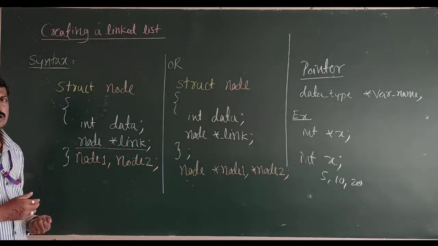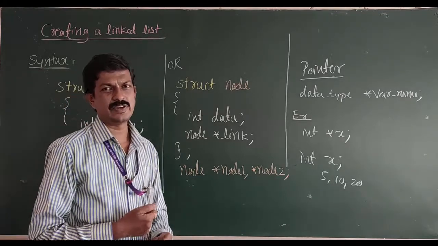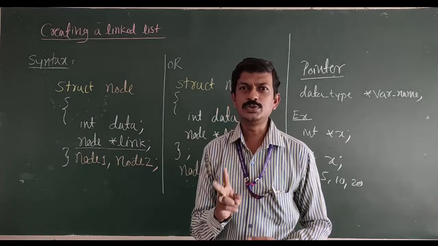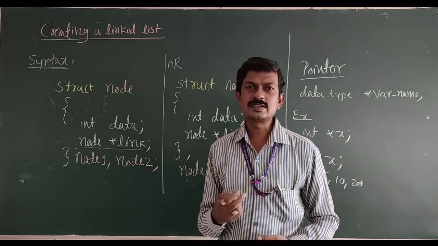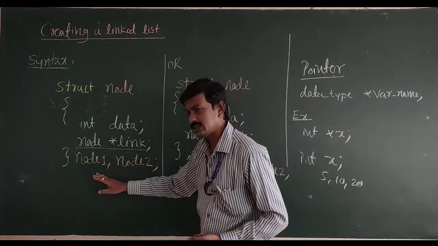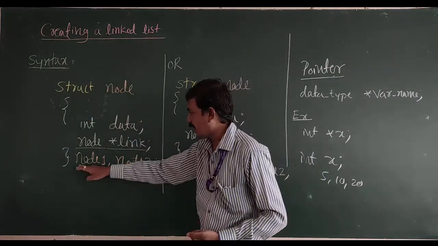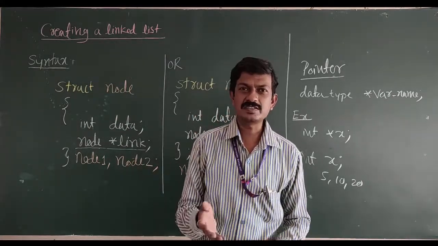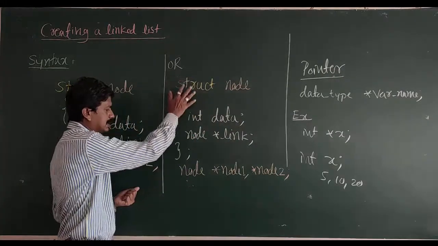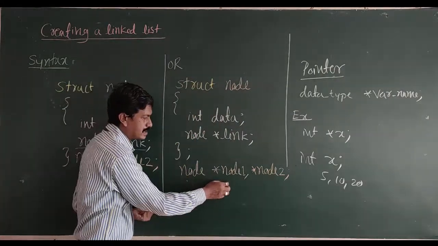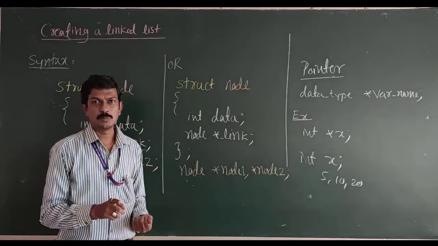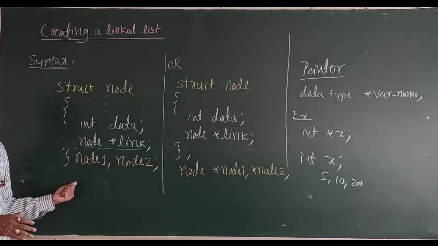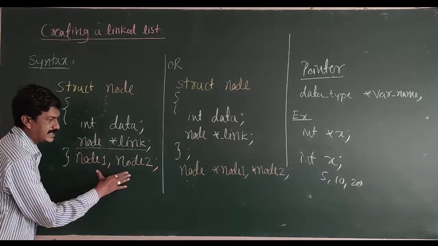The same way, as we discussed in the structure chapter, a structure variable can be defined in two different fashions. I can declare a structure variable after declaring the structure itself. Or else, it is also possible to define the structure variable within the main program. It is a simple declaration of a node, how we are going to create a node in a linked list.